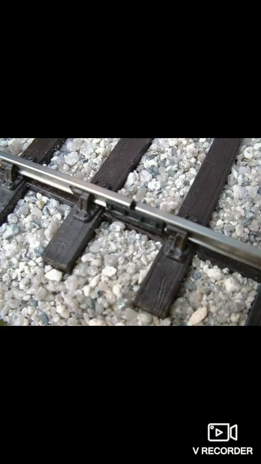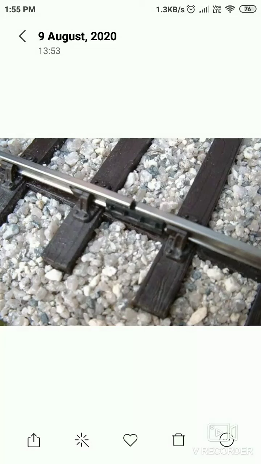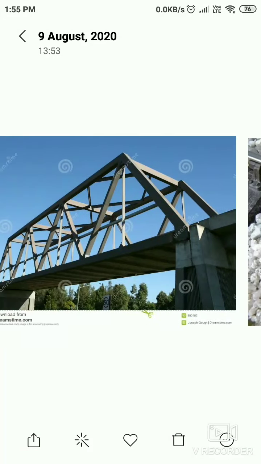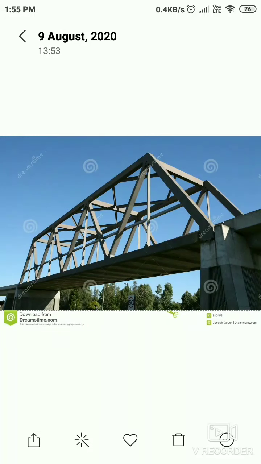The next is an iron girder, used to make a bridge, fixed only from one end. Its other end rests on rollers. The end resting on the rollers is free to expand in summer and contract in the cold season, without causing any damage to the bridge. Telephone and electric wires are always kept sagging between poles to prevent them from snapping in winter. Like this, we can apply thermal expansion.